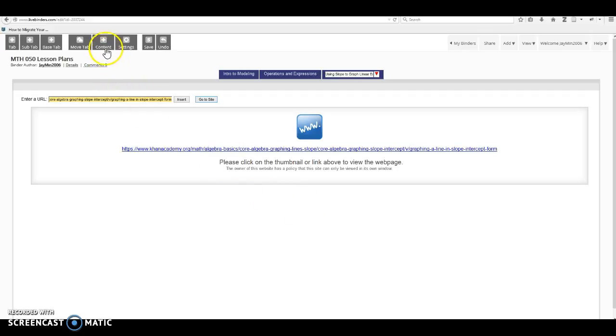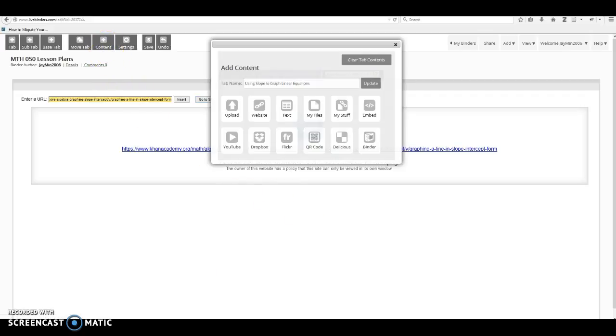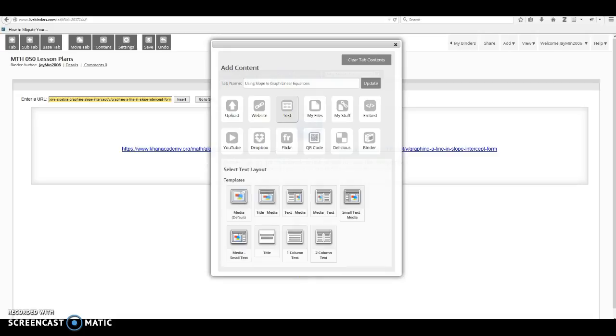And that's where the gray content button comes in. As you can see, you can upload files. You've got your text box. You've got where you can upload items from your Dropbox account, YouTube account, Flickr. You can insert QR codes. So you can actually insert quite a few things. What I would recommend you do next is I would click on the text button, and then you can see